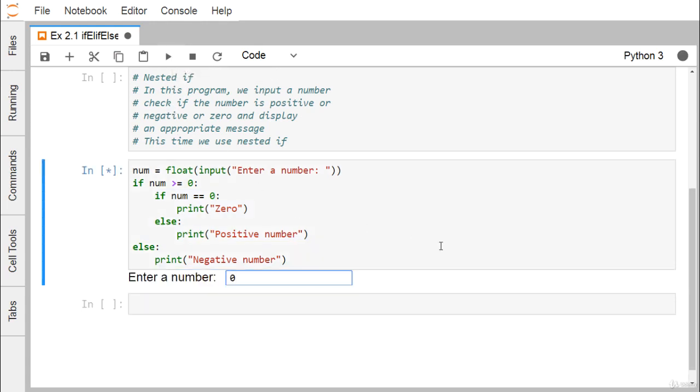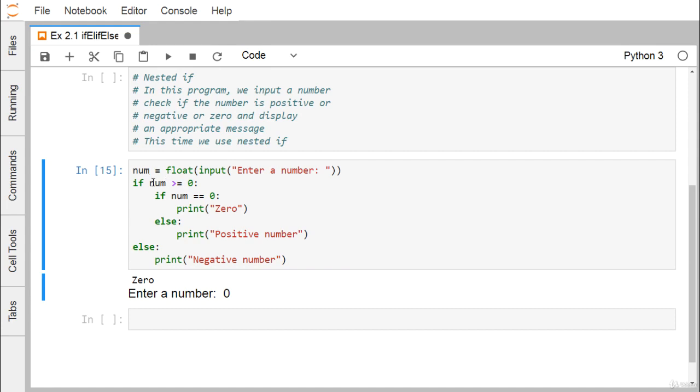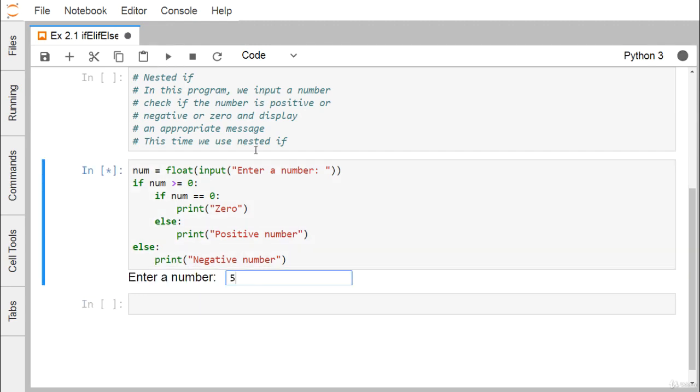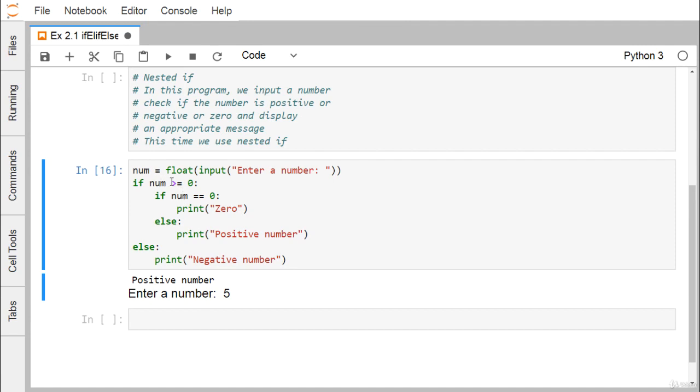Here we are putting the value 0. As a result, num greater than or equal to 0 becomes true. Now control comes to this line, number is equal to 0 is true because I put the value 0, and then it prints 0. So 0 has got printed. The rest of the code has remained unreachable, unexecuted. Let us go for another execution with the value 5. We can find that 5 is greater than or equal to 0, the condition is true. 5 is equal to 0, the condition is false. So it comes to this positive number here, and that's why the positive number string has got printed.